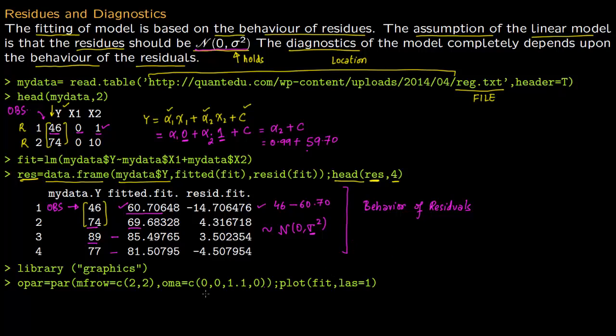So we have to draw some graphics. So you use the library graphics, and this is used for the graphics. This first command in R will basically give us a 2x2, 4 graphics in one frame. So you're going to plot it, and this will give you one frame. These two commands are just to draw the graphics which we are now going to analyze.